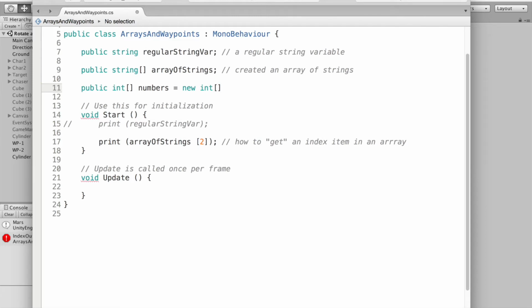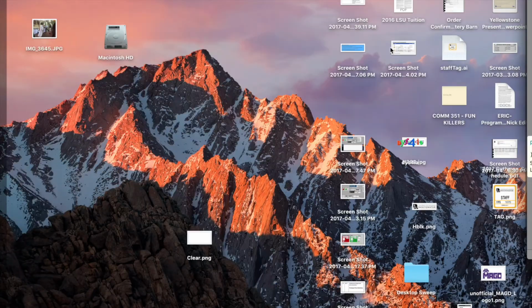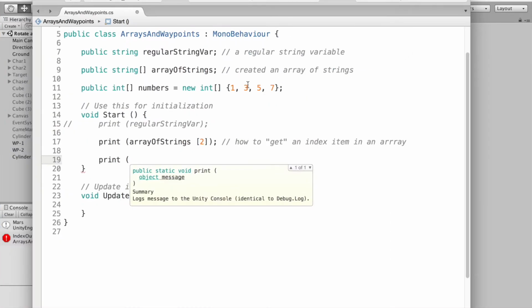We're just going to mimic what we have here, and we're going to say new int square brackets. And then we start out with using squiggly braces. This is something that we haven't done normally. And we're going to give it some initial values. 1, 3, 5, 7. Close that. And then let's see if we can get Unity to print out the third item in this